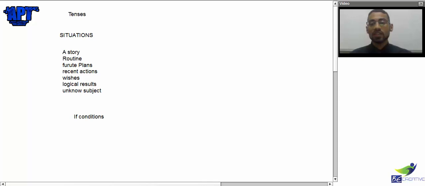So we said that every process in the world is divided into two, input and output. If the input is correct, the output will be correct. If the input is wrong, the output will be wrong. Now let's go for the correct one. If the input is correct, the output will be 90% correct, but 10% is going to be wrong. So what should we do? We should do the processing, which is repeating. I repeat listening to things. I repeat listening to that movie, that song, that speaking, anything.